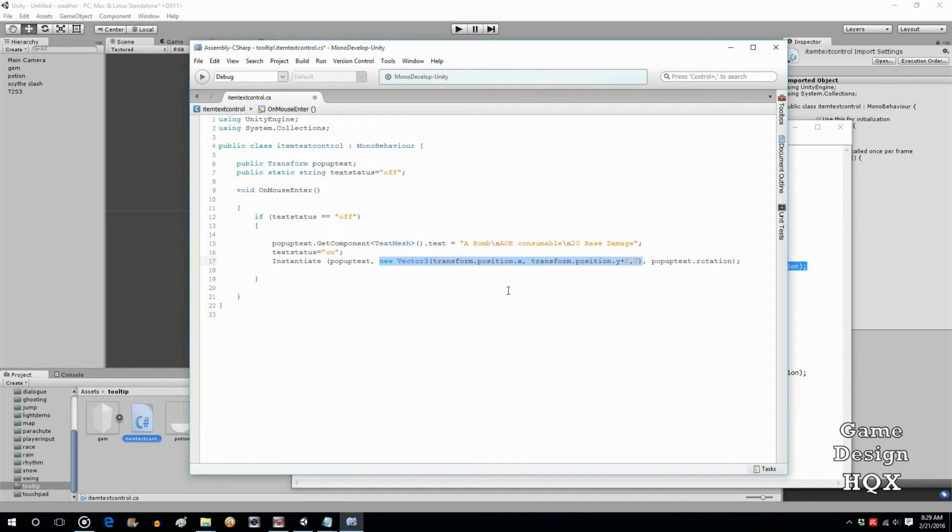And then pop-up text.rotation, use the default rotation for the object, don't mess around with it. Really, this is more for when you're using a 3D virtual environment. That's where this really comes in handy. In a 2D game, you're almost always going to use the same rotation, but not necessarily. And we'll save that,